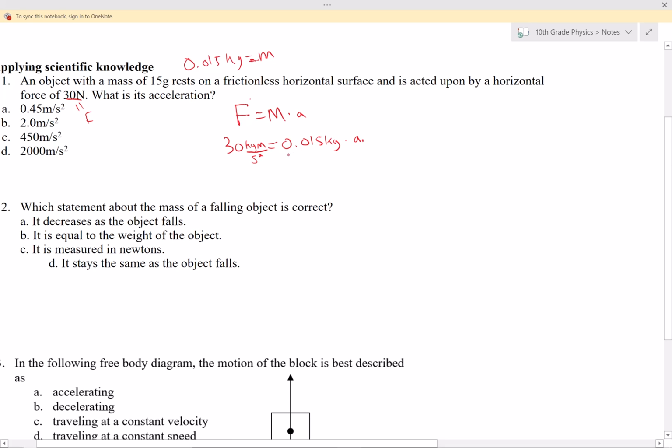We're going to solve for a, which means we're going to divide both sides by 0.015 kilograms. And so this ends up being a equals 30 divided by 0.015